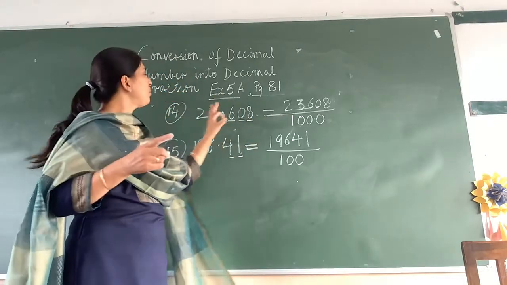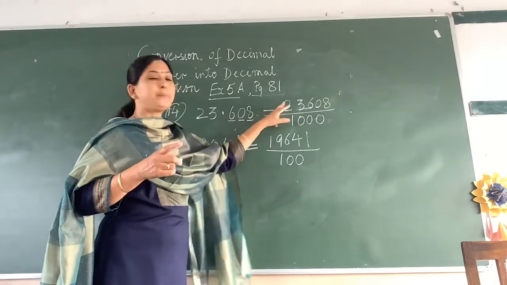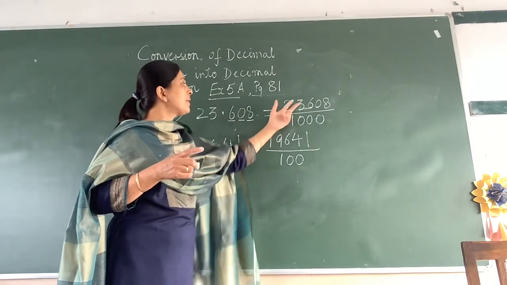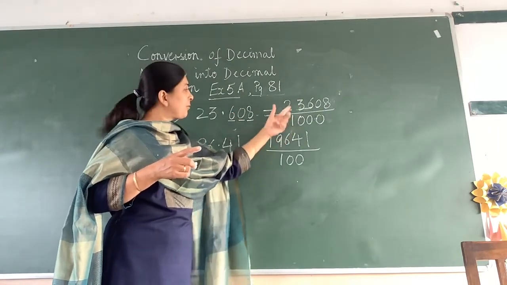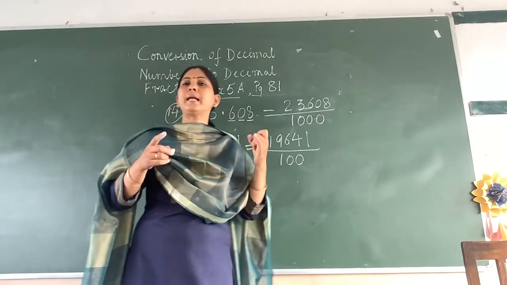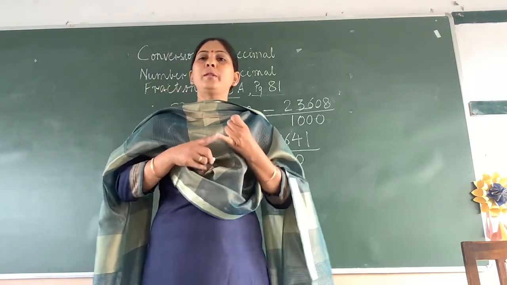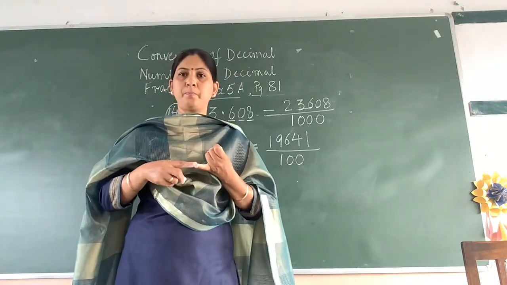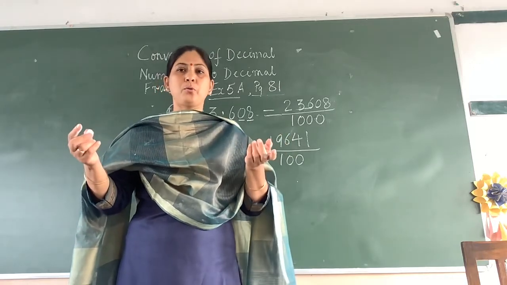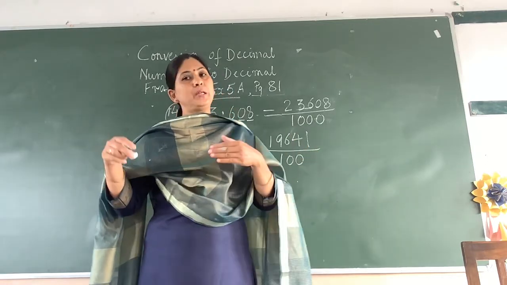Now you know how to convert a decimal number into a decimal fraction, and you also know the vice versa: how to write a decimal fraction as a decimal number. Then another thing that I explained was the place value chart. Okay. So with this we end our video. We will learn about like and unlike decimals tomorrow, and we will also see how to convert unlike decimals into like